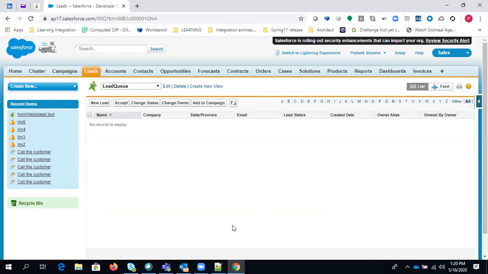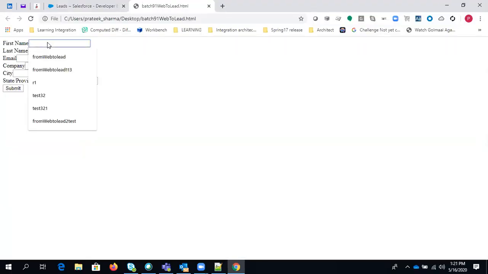So let's create a new lead in which the city is equal to Noida, and then we'll see. I'm opening this form again and just changing the name. I'm giving the name as assign test11. For email, I am using another email, gmail.com.